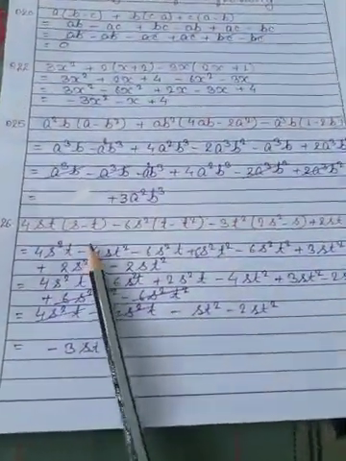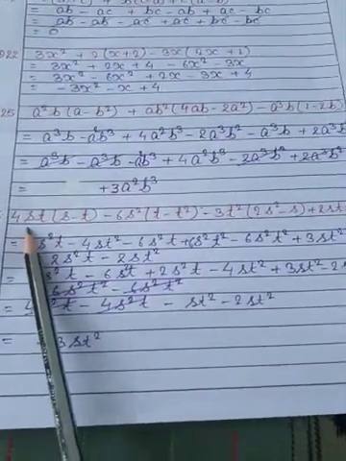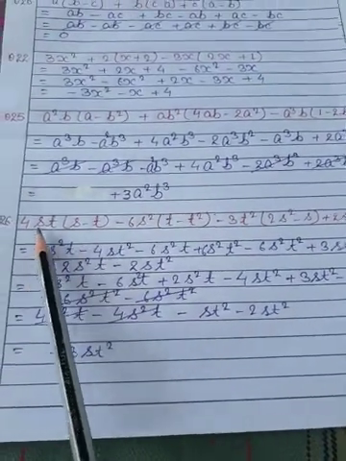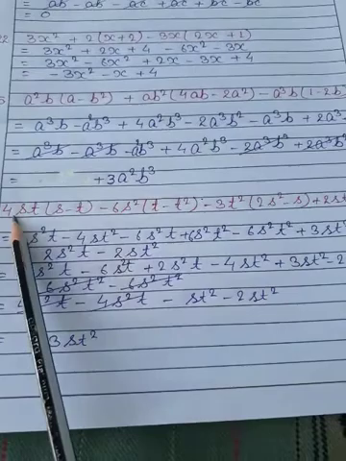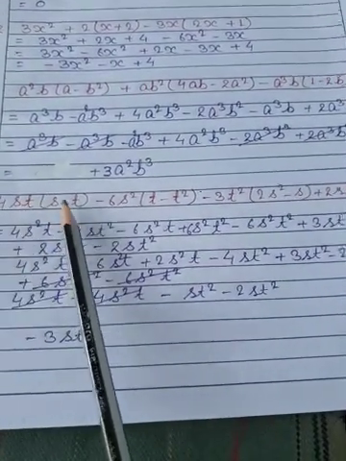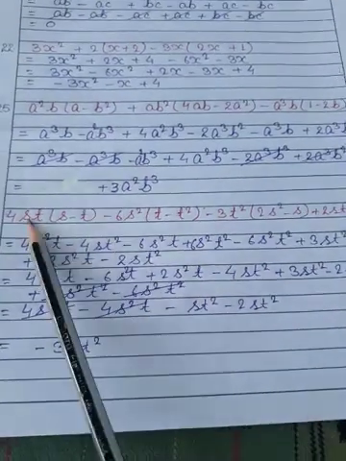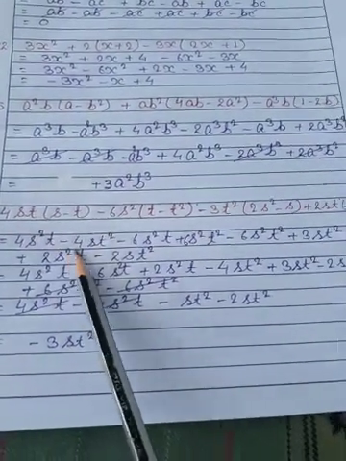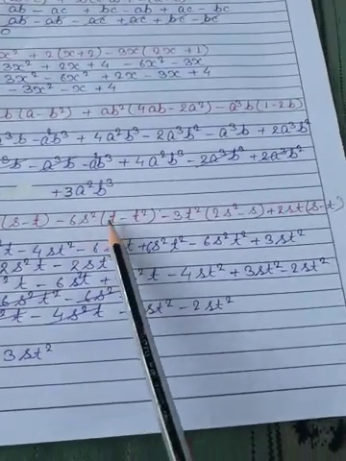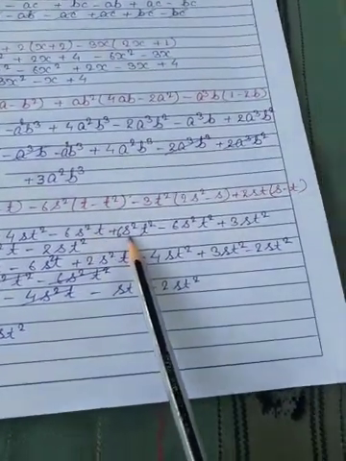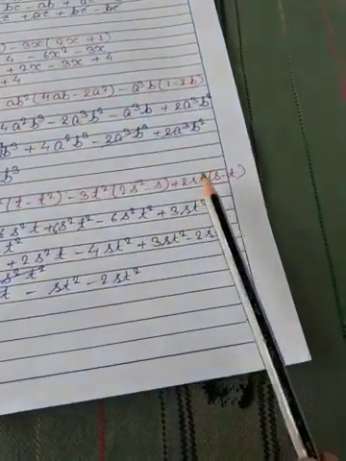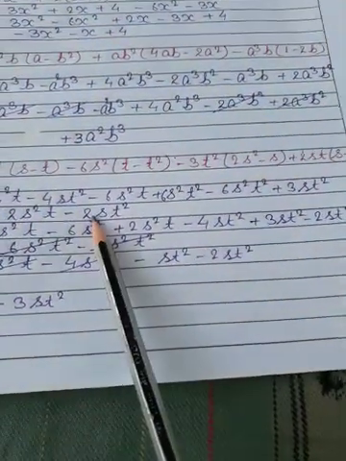Now similarly it is question number 26. This is our question. So once again, first we will remove the bracket, 4st into s, so 4s square t, plus minus minus 4st multiplied by t, so 4st square, again minus 6s square t, we will solve similarly, we will get this much. Again minus 3t square, we will multiply with the bracket, we will get this much, and again these two will solve, we will get this much.